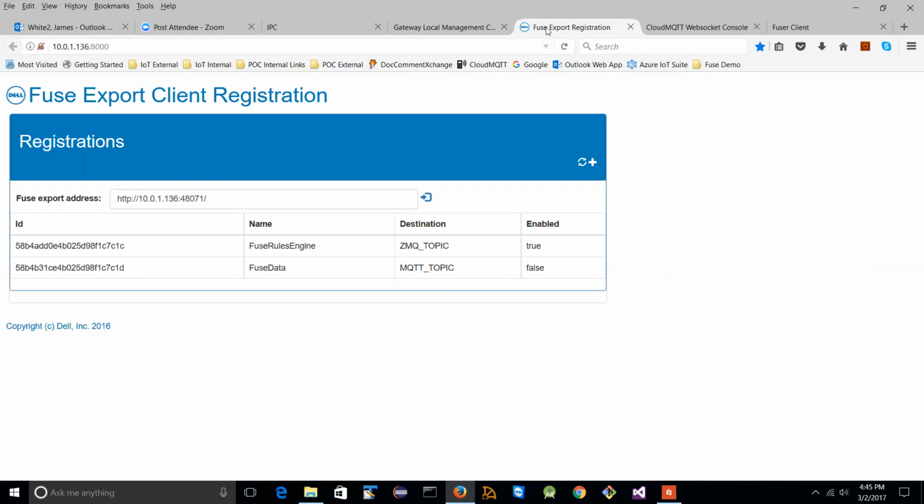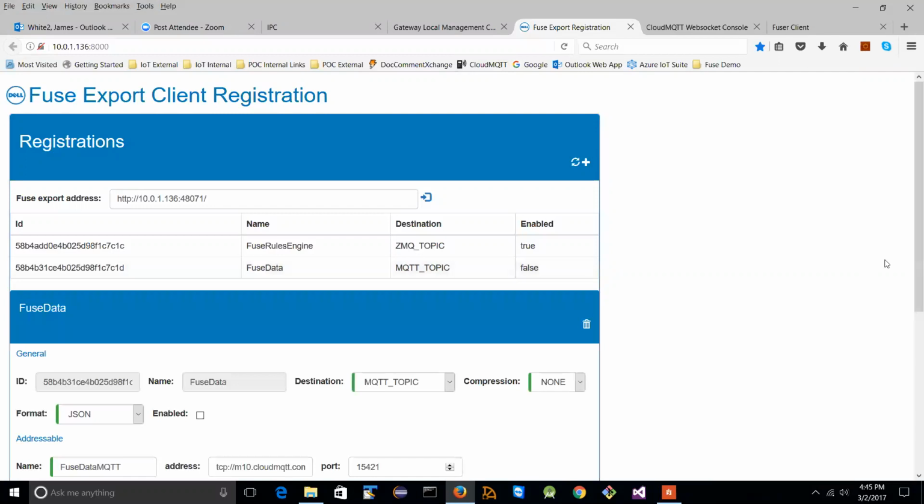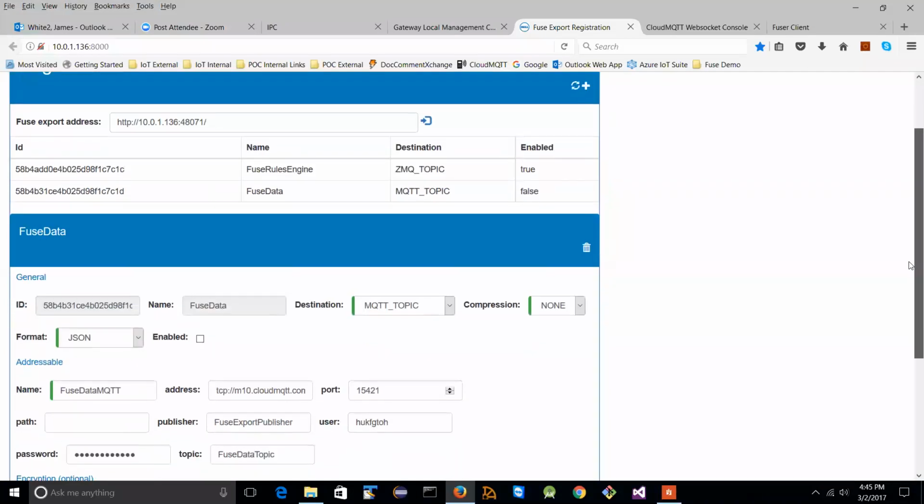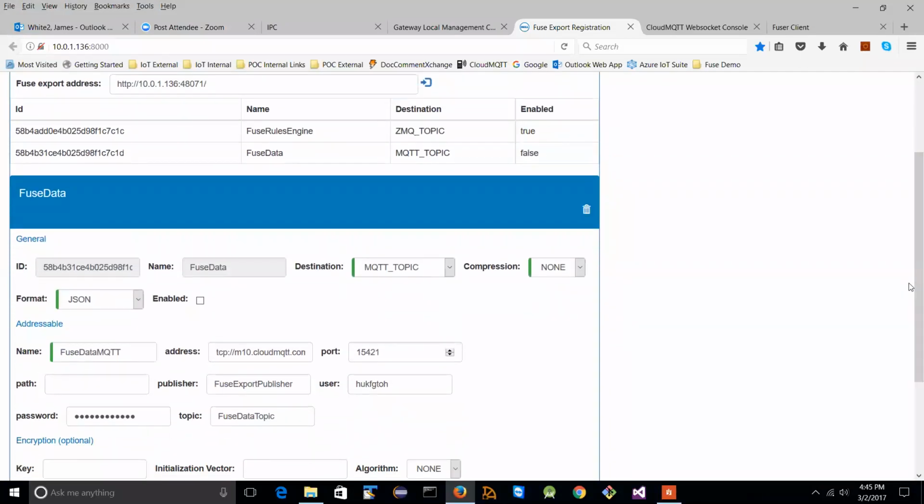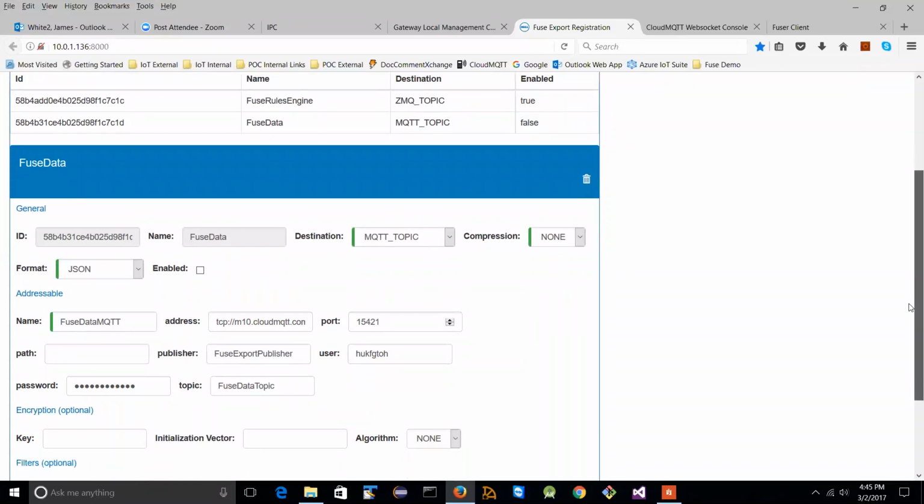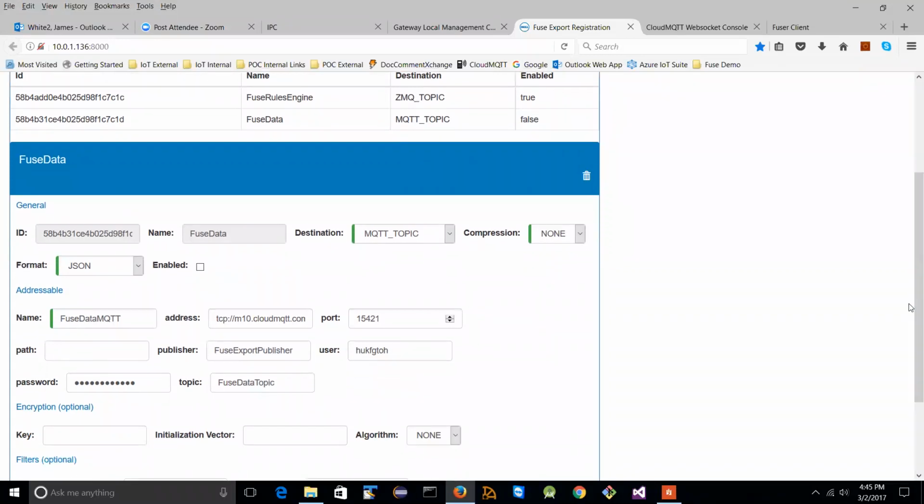For those familiar with the architectures, it is based on what's called a pipe and filter architecture, meaning it's very easy for us to allow you to define exactly what kind of data you want, from which sensors, how you want it, where you want it, and maybe if you need it encrypted or compressed, specify those kinds of features as well. What we're looking at on the screen right now is our little export registrar client that communicates with